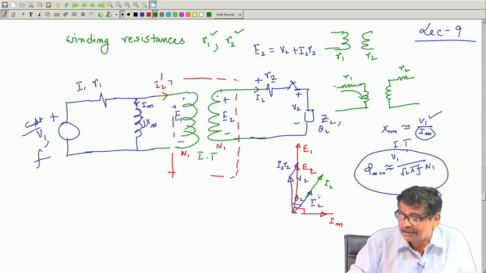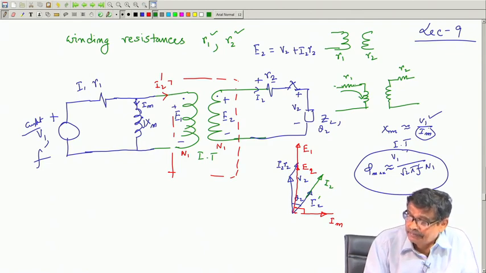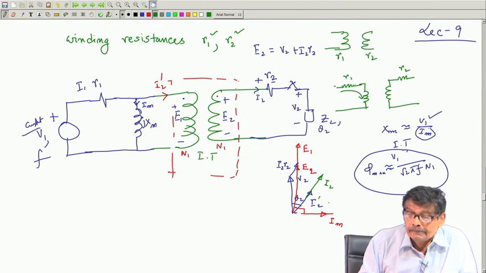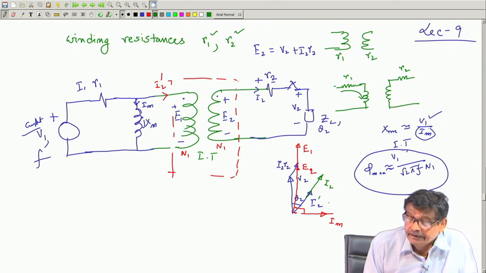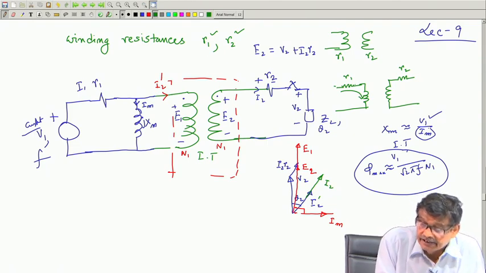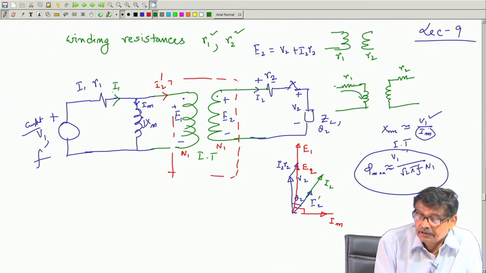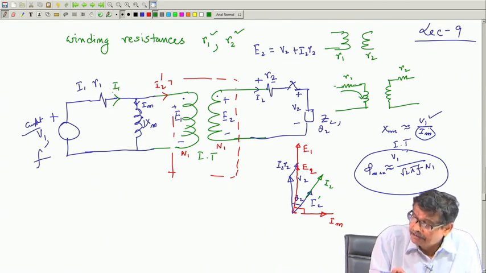So, reflected current must be lower, I 2 dashed. So, this is your I 2 dashed. Then I will say that this current I 1